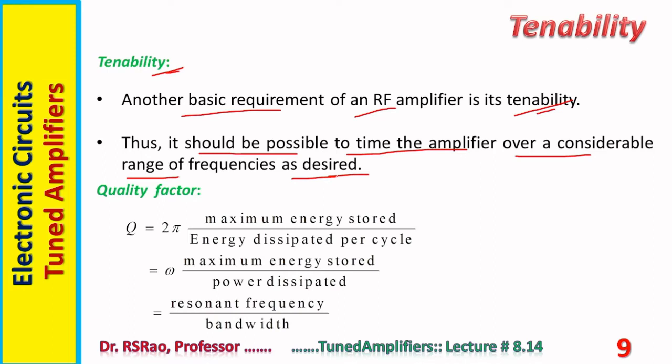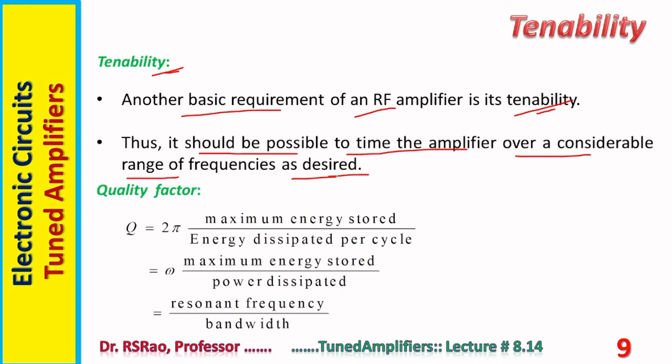This drift is a serious problem and it has to be arrested by taking appropriate remedial measures. So tunability means the capability for the amplifier to remain over the desired